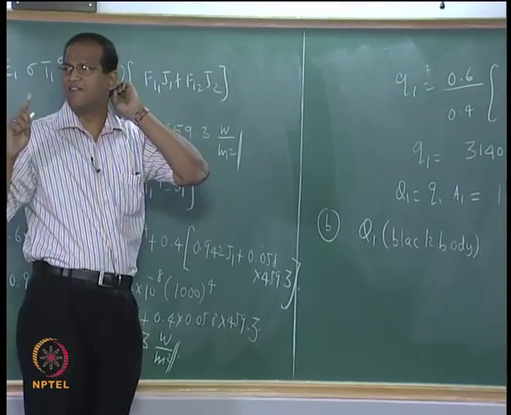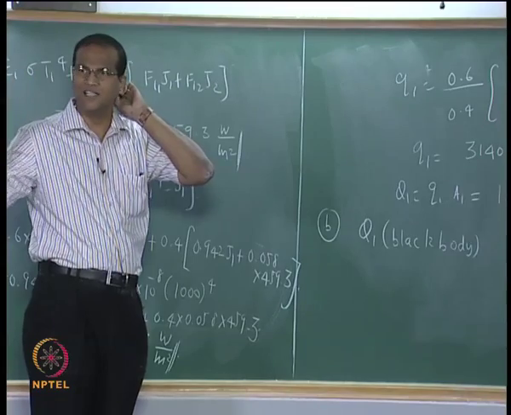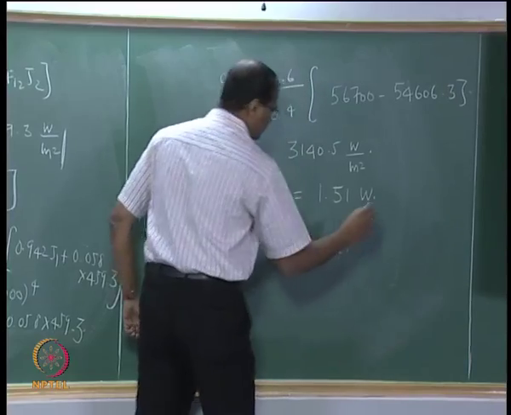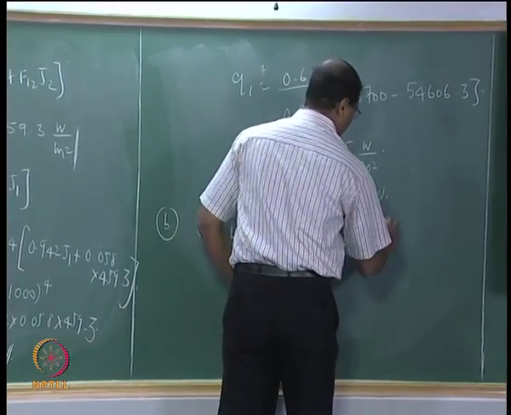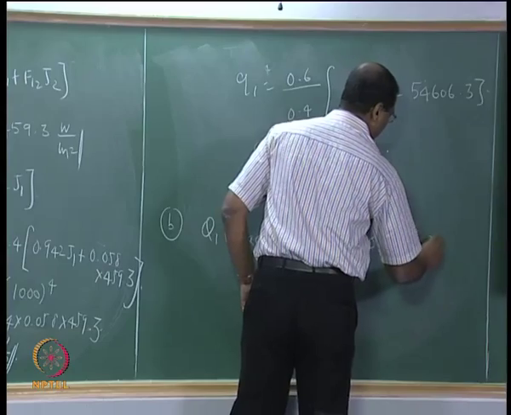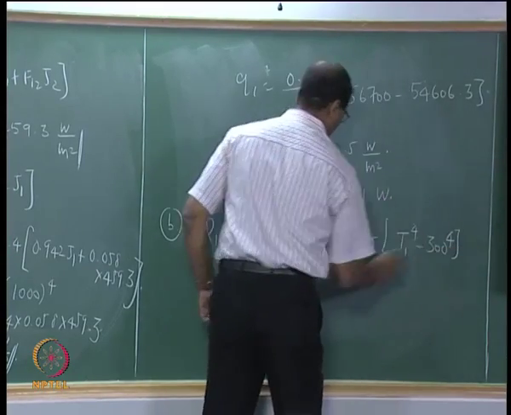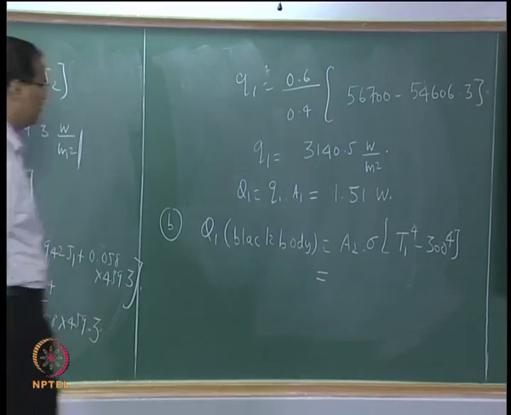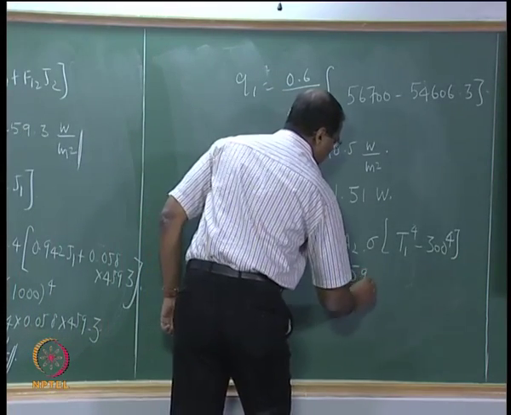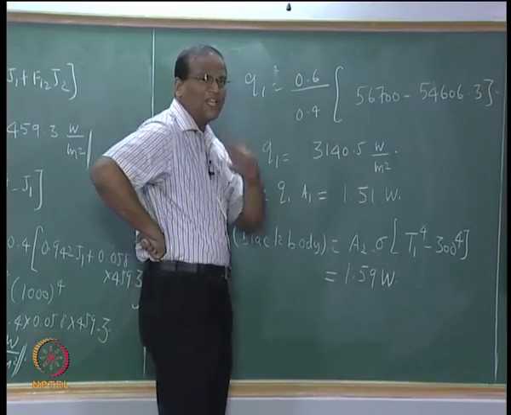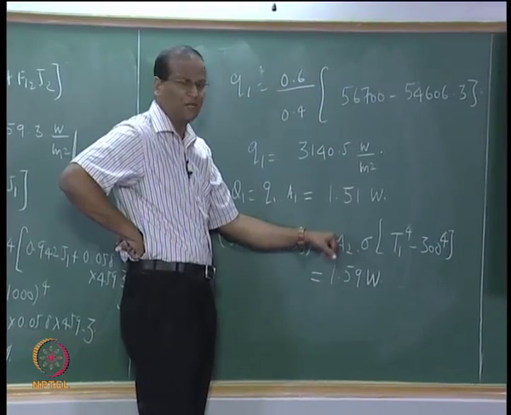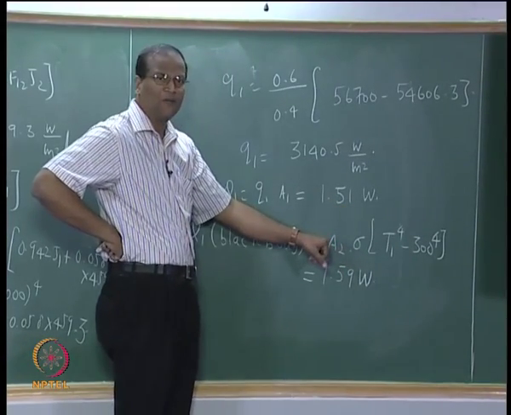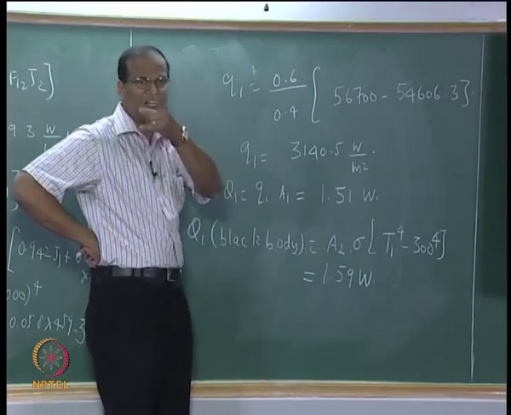surface which is having a temperature of 1000 Kelvin, which is radiating to outside at 300 Kelvin, correct. So this is, how much is this, okay, 1.59 watts. A2 is the area of the opening, pi d square by 4, where d is 6 millimeter, Stefan Boltzmann constant, 1000 Kelvin minus 300. Please be careful to multiply only the area A2 because that is from the definition given in part B